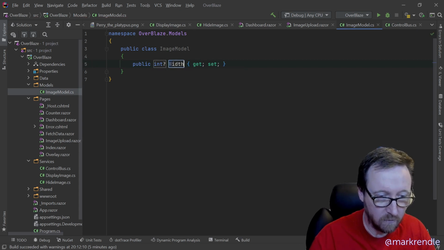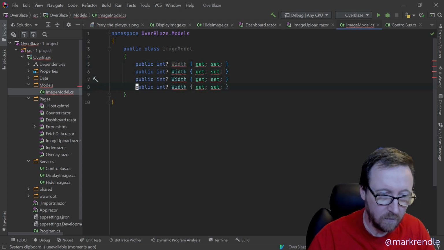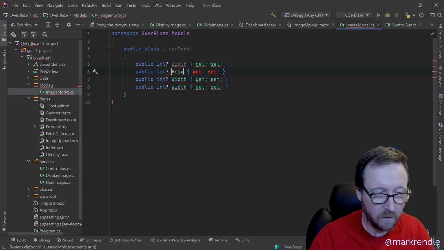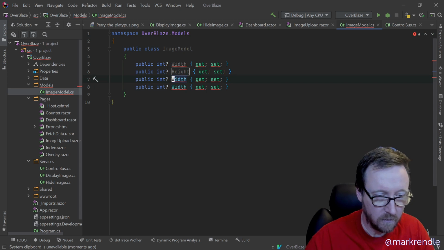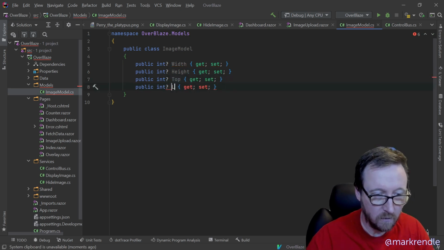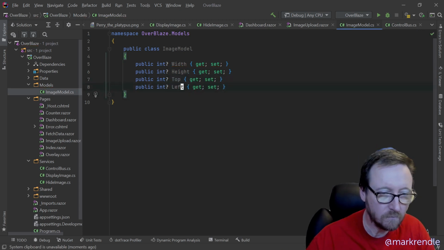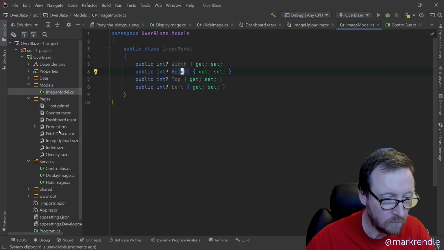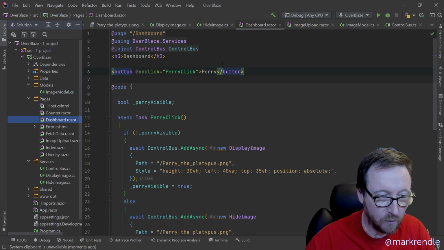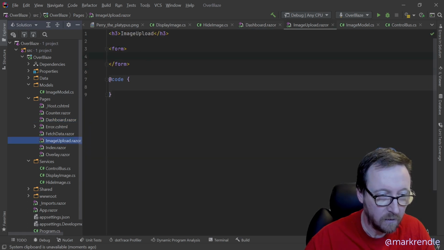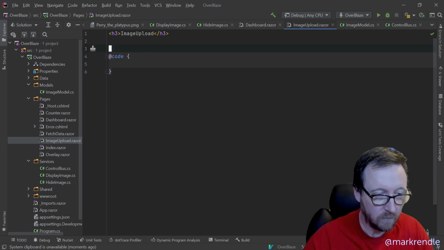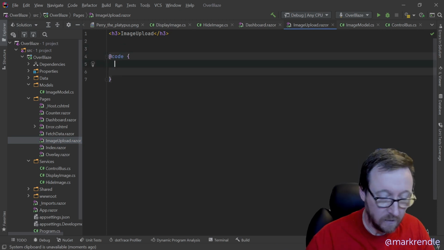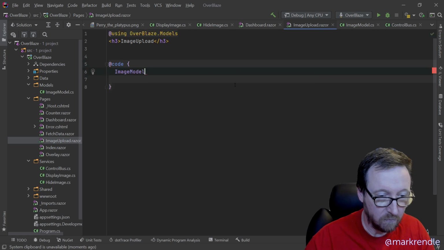Width, Height, Top, Left. Dashboard, image upload here. So we have ImageModel,